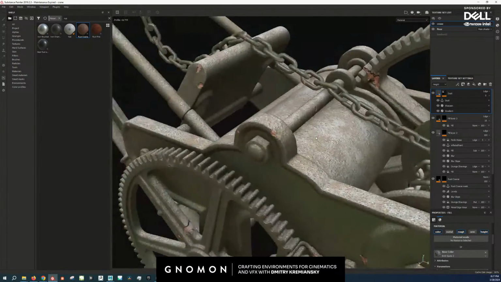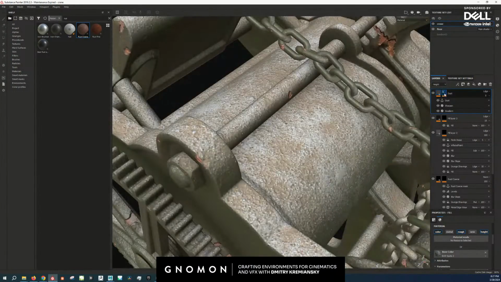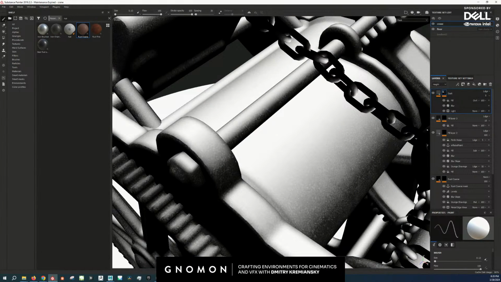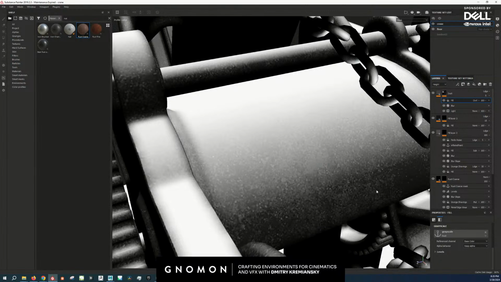Always look at the reference and don't overdo dust layers. And still there's a lot of it, and I'm gonna remove a lot of it back, but you can see now that I'm overlaying it, I have it like this. Now,